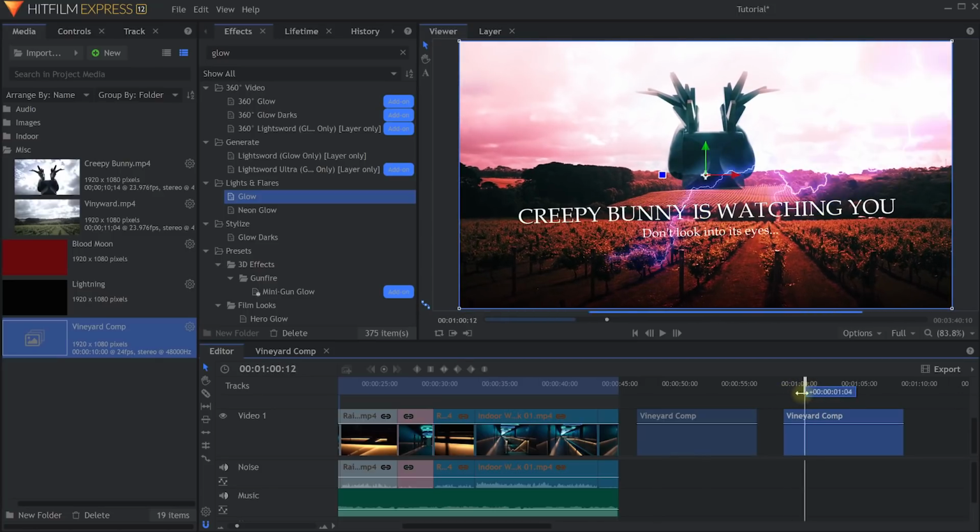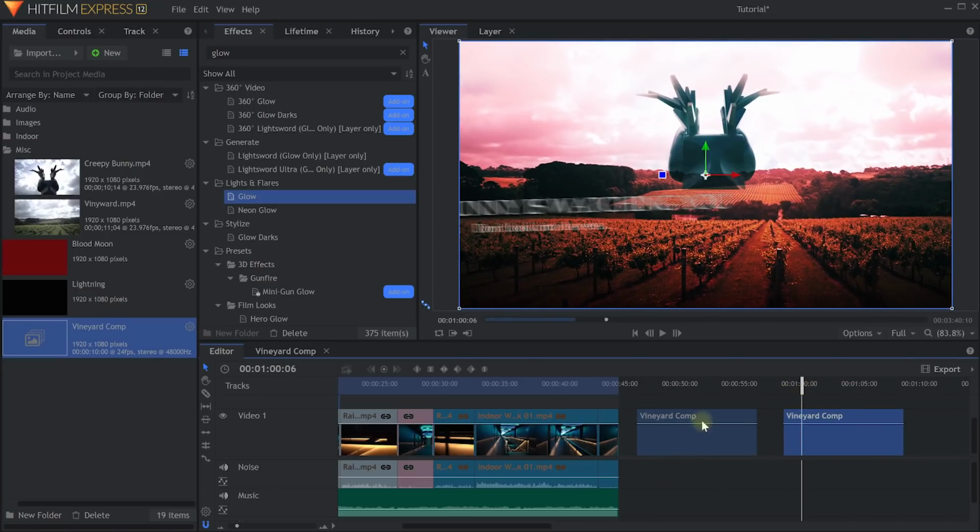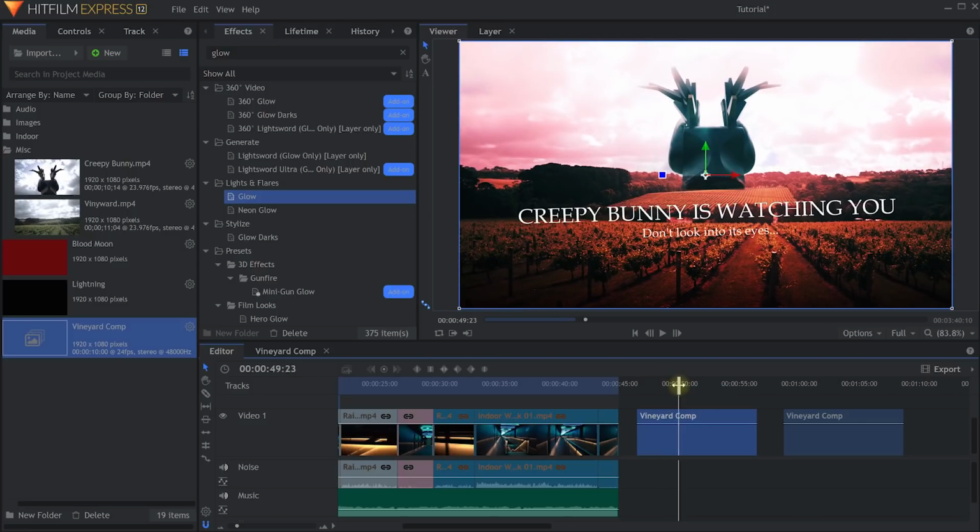It's the exact same shot, and if I made a change to this composite shot, it would affect both copies because they both contain the same material. They're both the same composite shot. It makes it really easy to create reusable motion graphics, title sequences, and there's a whole bunch of other cool things that I haven't talked about yet,